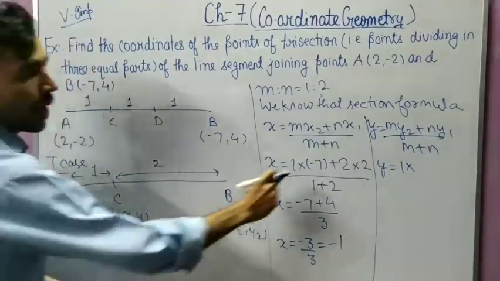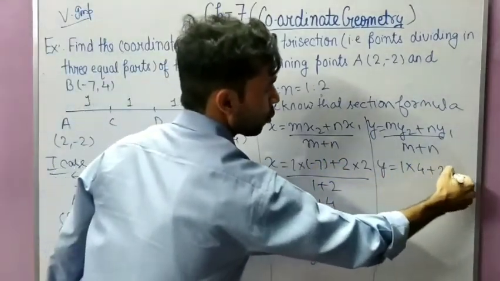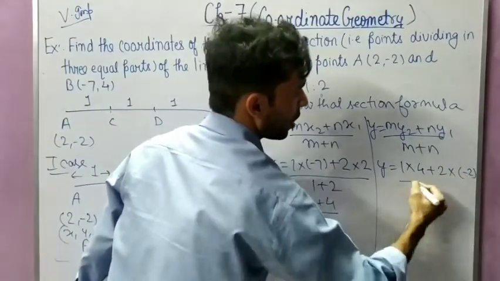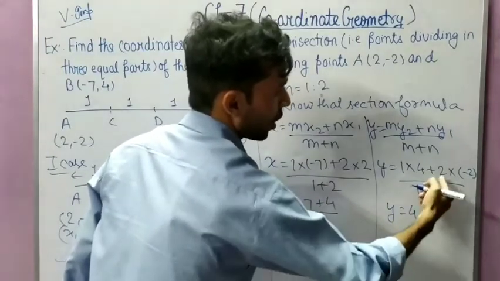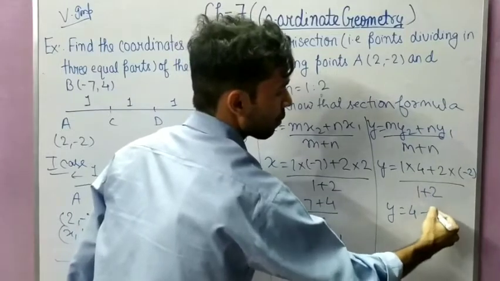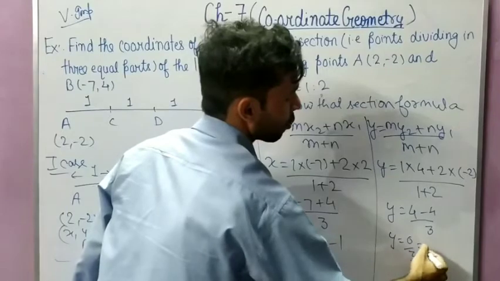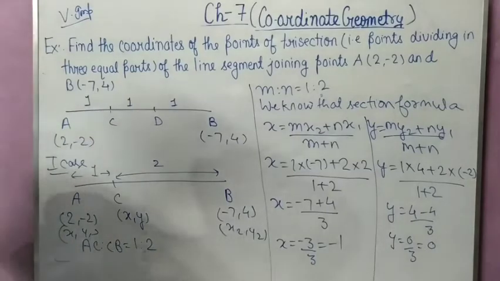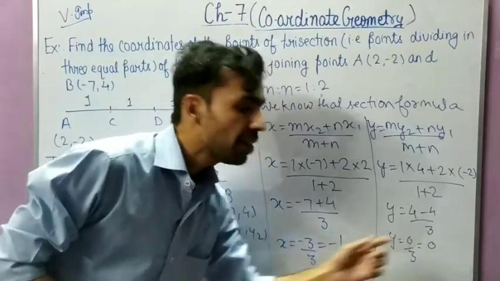अब देखो m is 1 and y2 कितना है यहाँ पे 4, तो 1 into 4 plus 2 into y1, y1 कितना है यहाँ पे -2, so -2 divide by 1 plus 2, so y will be equal to 4, और ये कितना हो गया स्टूडेंट 2 into 2 -4 upon 3, so y will be equal to 0/3, कितना आ गया 0। ओके, 0 आया ये। अब देखो x की वैल्यू कितनी आई -1 और y की वैल्यू कितनी आई 0, तो ये